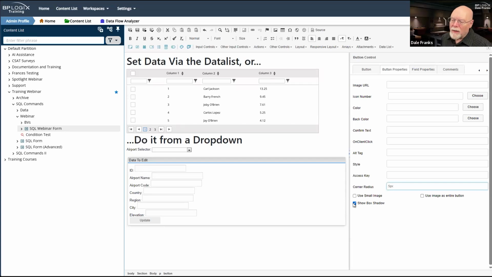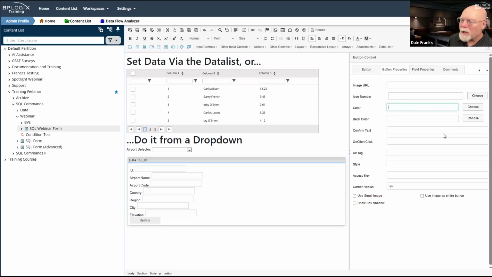We've also added the box shadow. The show box shadow turns a button into the older style 3D buttons. In terms of modernity, we can turn that off and just have nice flat buttons on the page to match the modern design motifs that are so popular nowadays, with flat design rather than skeuomorphic design.